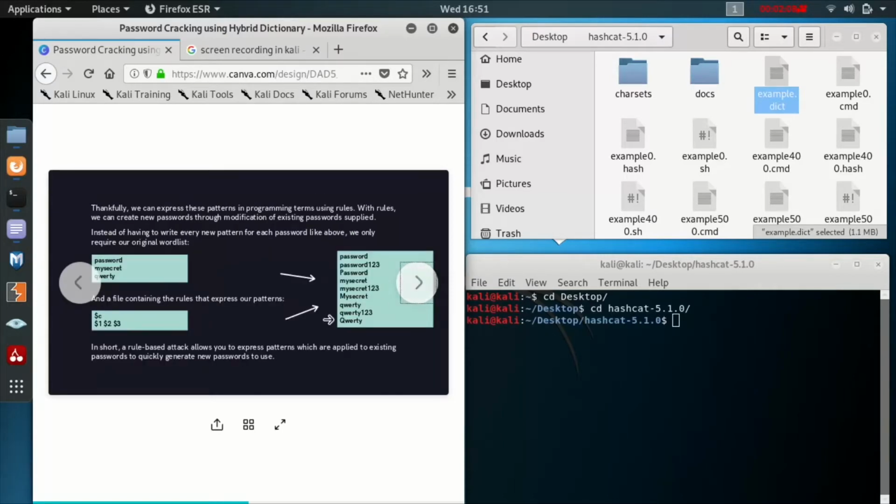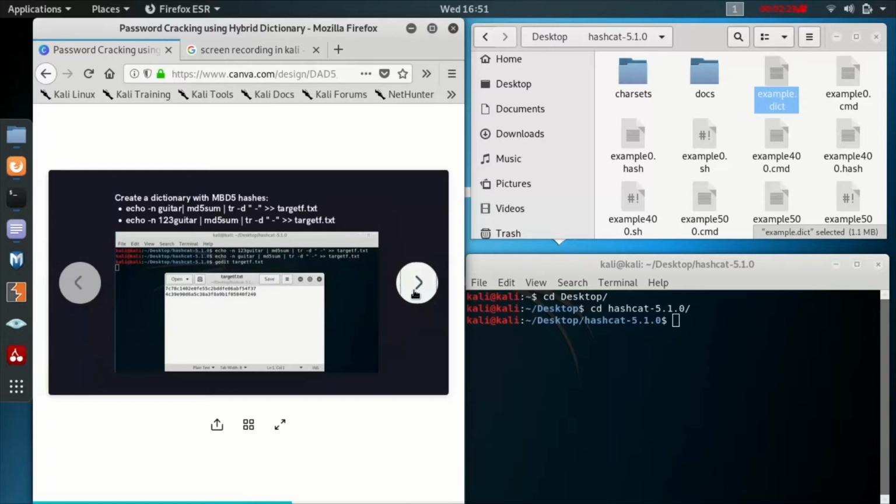What we can do is make a file with password, mysecret and qwerty, and another file with $c, $1, $2, $3. It will automatically capitalize the first letter and append 123 at the end of each word. Let's get into the example.